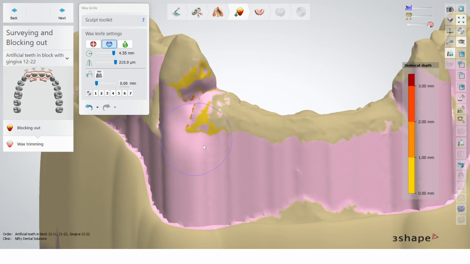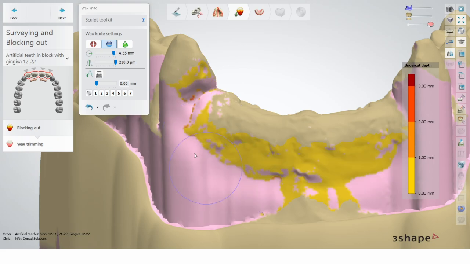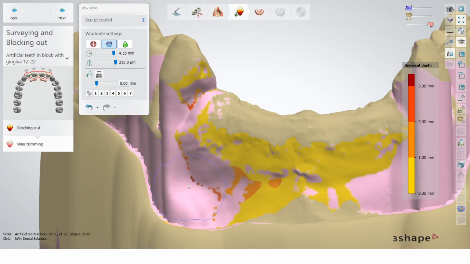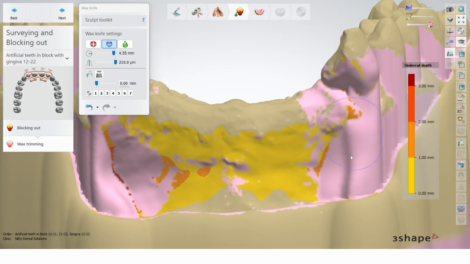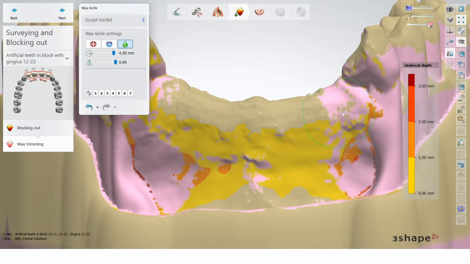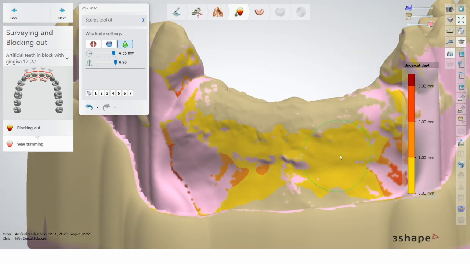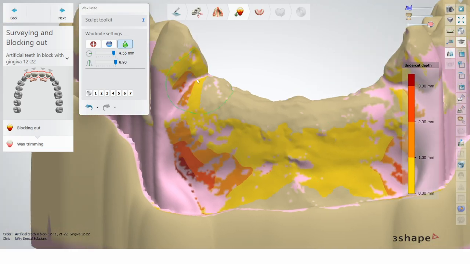And here I pretty much have to remove everything on the flange because I don't want anything. I want a nice pressure on the gum with my denture base. So I'm going to get it free from all of the wax. Don't worry about the bit that stays there, it's minimal. So you can smooth it off a little bit more.